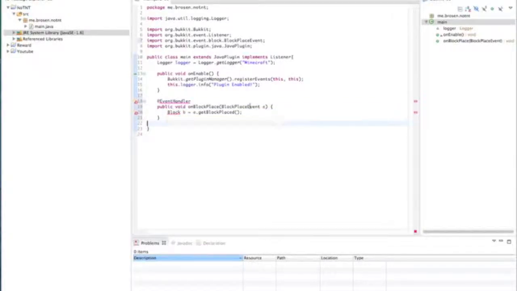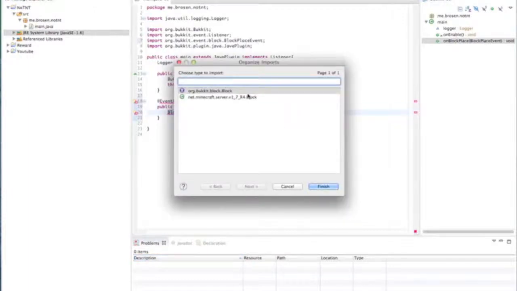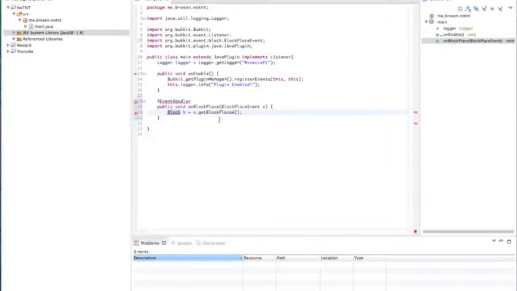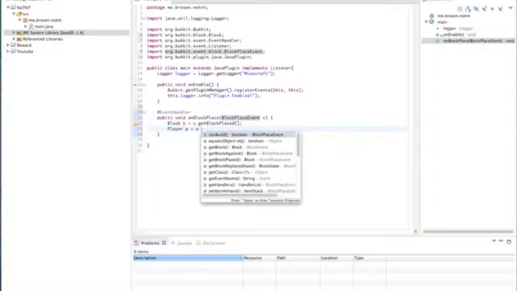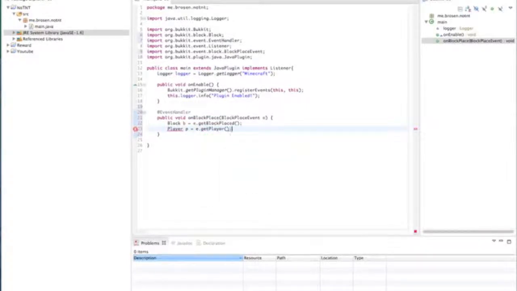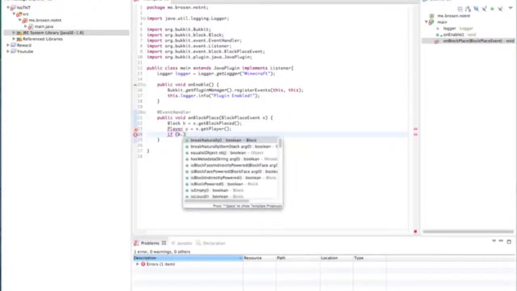Command-Shift-O. Alright. And then let's make a new player. Player p equals e dot getPlayer. Alright. If b dot getType